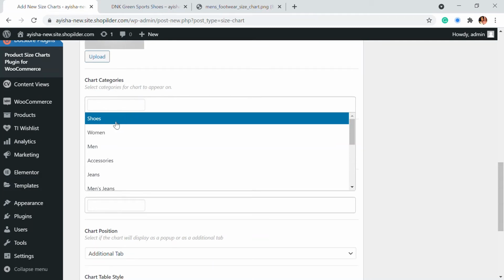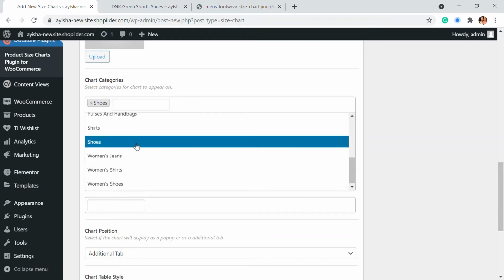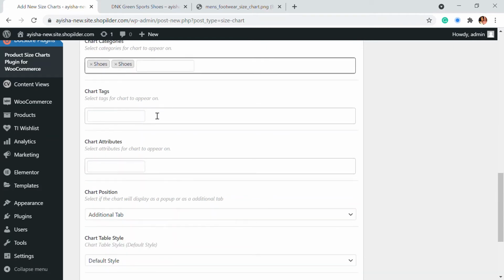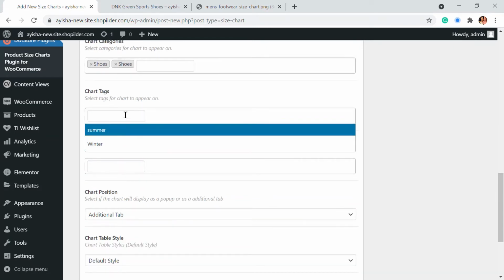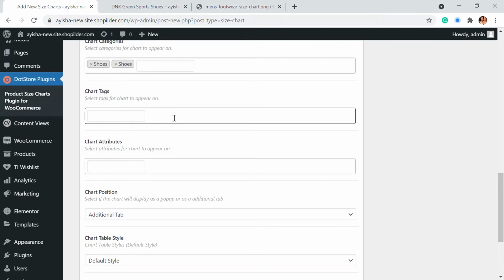So here I'm going to make a shoe size chart, right? So I'm going to add shoes. So if there is anything else, you can add that also. Then also if there are any tags that you want to add, all of these tags or attributes according to this size chart will be appearing on that particular product.